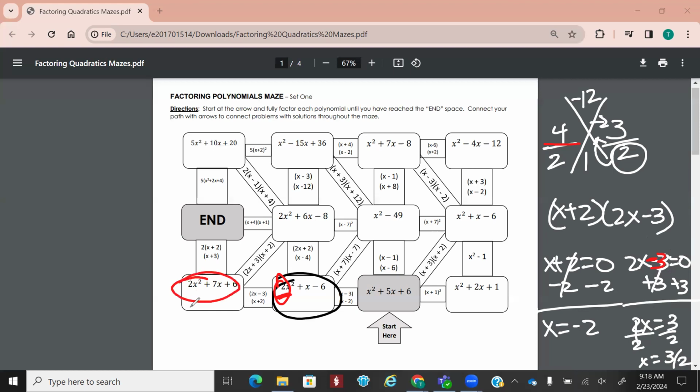Let's try one more. I do want to throw one thing out there. If I had this problem, but it was written like this, everybody put a pause real quick. If it was written like this, I can't start messing with it until I have it in standard form. That means everything has to be on one side. So what did I do with that negative 6? I added it to the other side, right? Okay. If it was written like this,